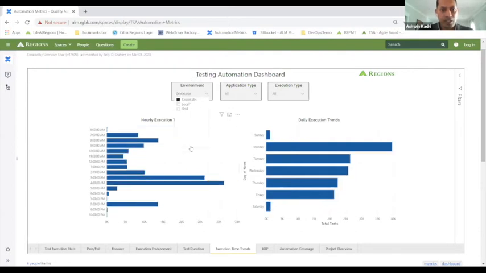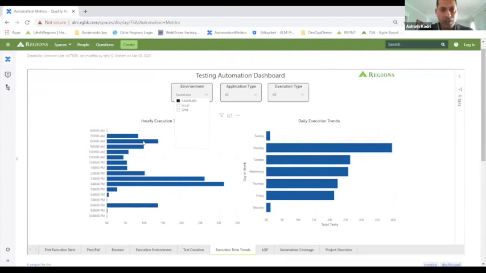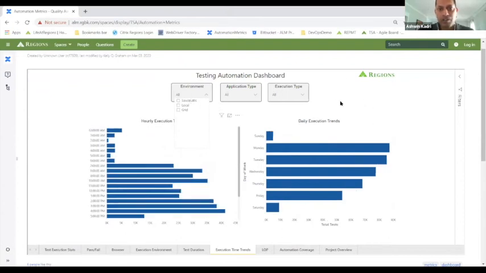If I want to see Sauce Labs, again, this is limited to only USRs, but then we'd want to see that spread more around the clock, right? So all this kind of useful information can be gained. We also see that Monday and Tuesday, most of the tests are executed, and then towards Friday, they're slacking, for some reason. That's on the testing execution information.